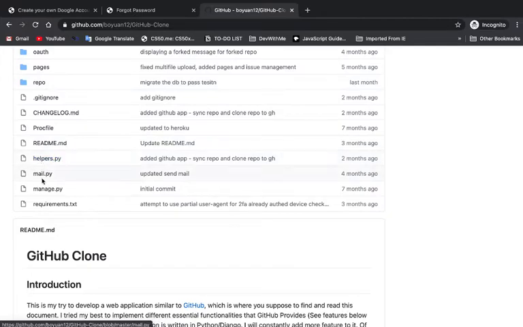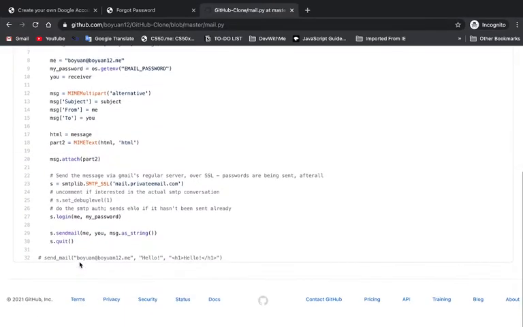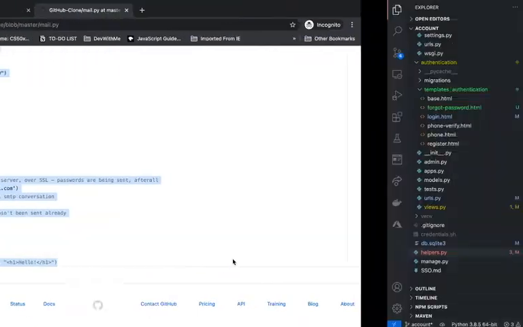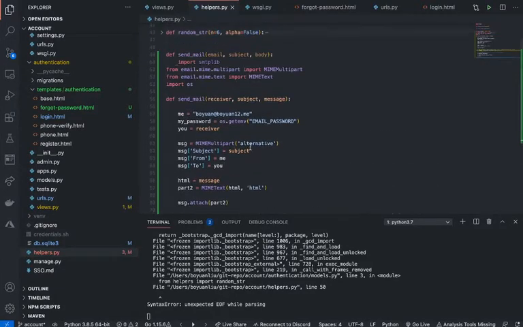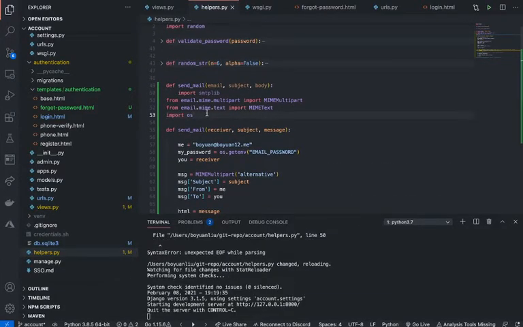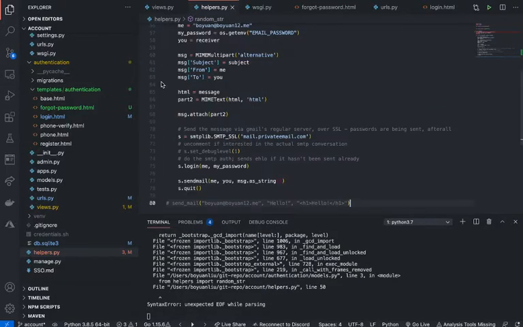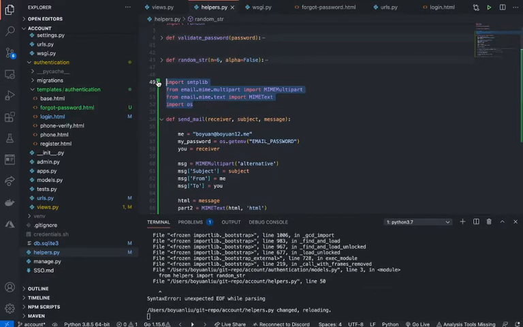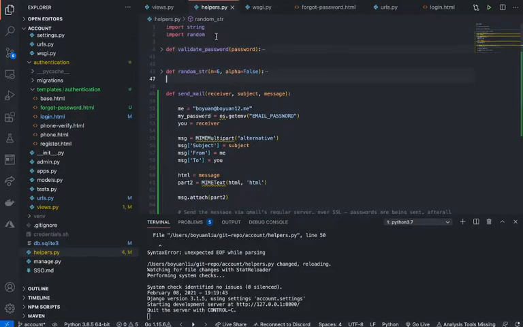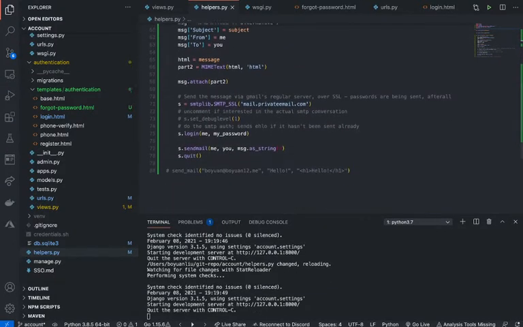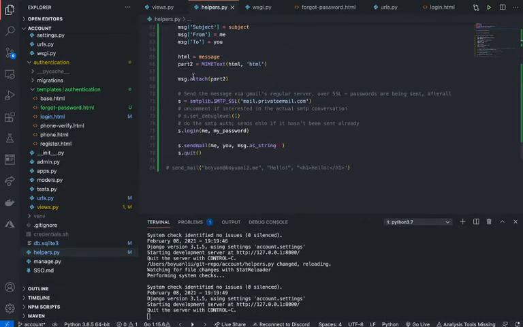Mail. Where is it? Okay, here it is. All right, let me copy it from... Just copy it from here. So I kind of messed up. Let me organize it a little bit here. There we go. All right. Okay. And then here we're going to say